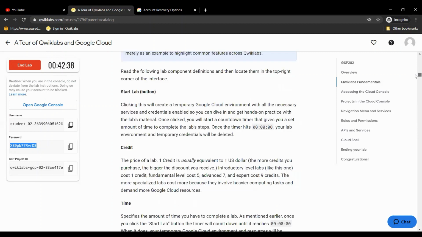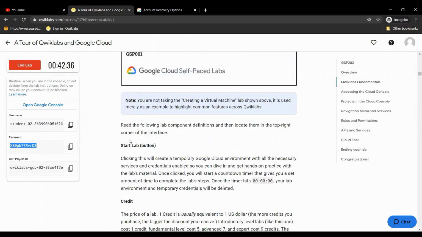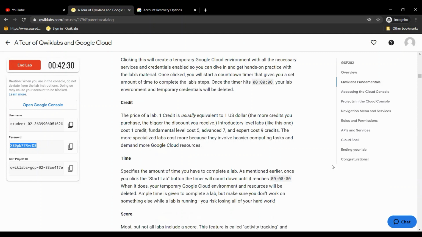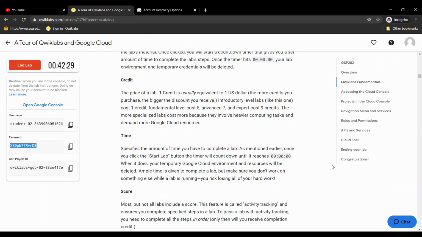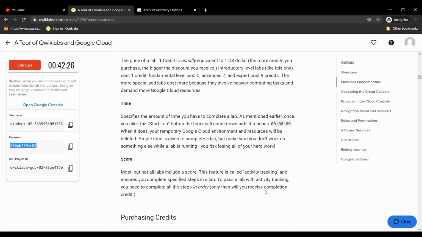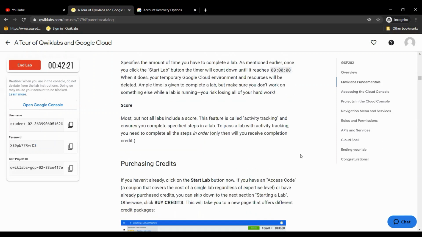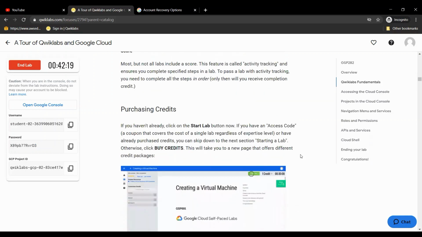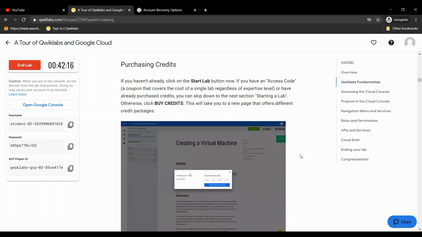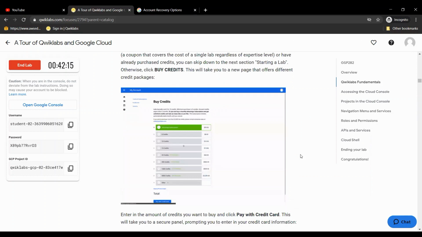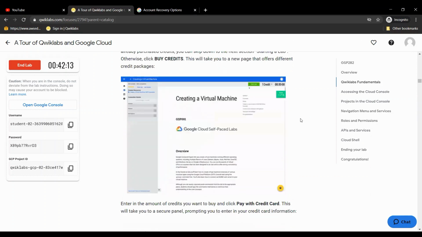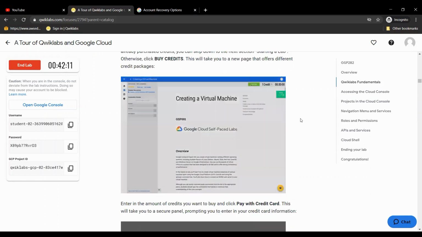And we'll see, yeah, they have described the start lab button, credit, and the time that will be used in this lab. The score is all about the activity tracking. This lab doesn't have any score here. For purchasing credits, you need to buy credits using your credit card so that you'll be able to access the lab with the credits that we get.